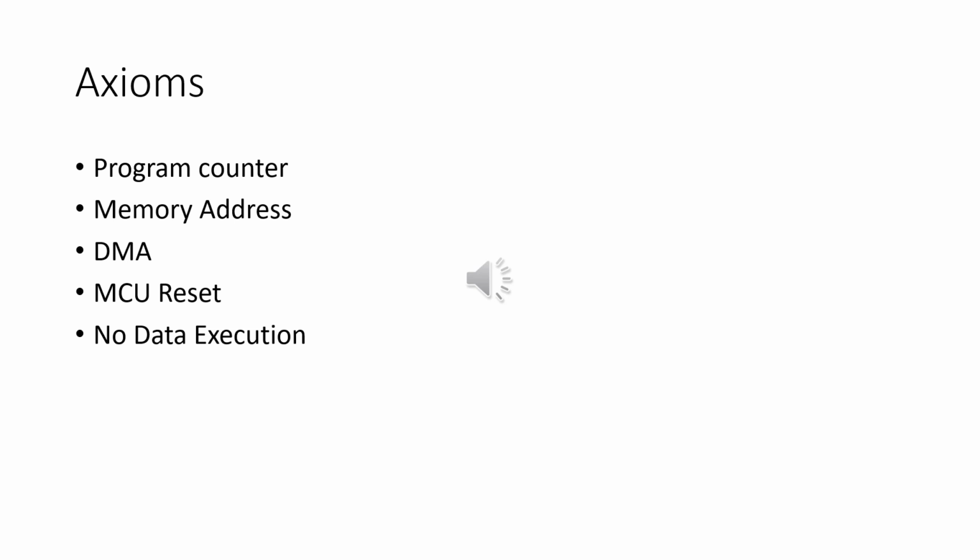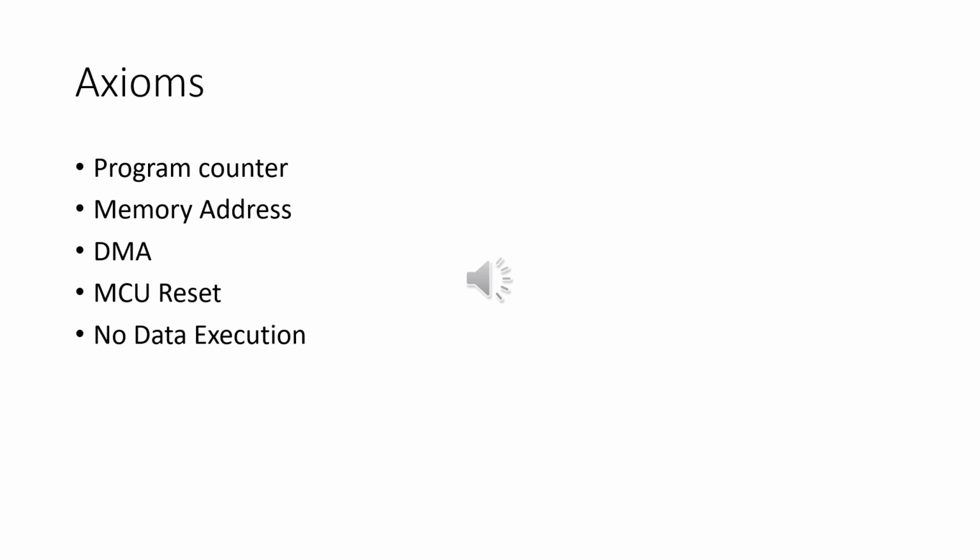Number 1. Program counter. The program counter always contains the address of the instruction being executed in any given CPU cycle. Number 2. Memory address. Whenever memory is read or written, a data address signal contains the address of the corresponding memory location. For a read access, data read enable bit must be set. For write access, the data write enable bit must be set. Number 3. DMA. Whenever the direct memory access controller attempts to access the main system memory, a DMA address signal reflects the address of the memory location being accessed, and the DMA enable bit is set. DMA cannot access memory without setting DMA enable.